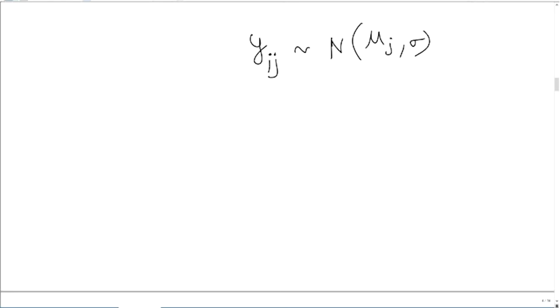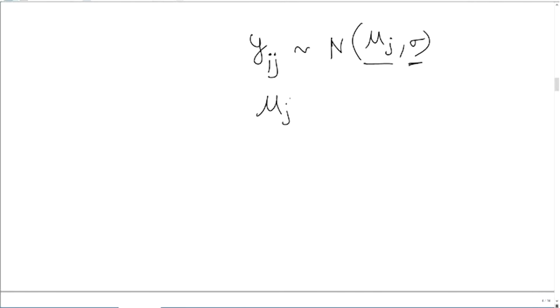What does it mean? That marks scored by ith student from jth school comes from a normal distribution with school level mean. This is a school level mean score mu j. So average marks scored by school j. Okay. And this is sigma, overall population level sigma, right? Now mu j